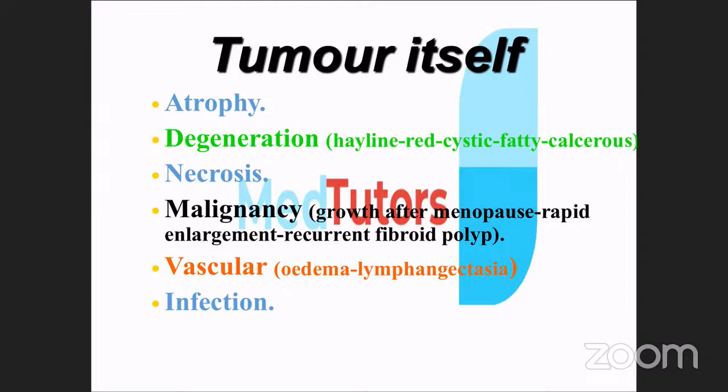particularly if there's rapid growth of the fibroid after menopause, because it is not expected that after menopause, a fibroid should grow. But if there's rapid growth of a fibroid after menopause, there should be a suspicion of malignant transformation. There may also be vascular changes. There may be edema because of the increased growth of the fibroid at the expense of the vascular supply. And because of that, there'll be blockage of the lymphatics, causing edema and eventually lymphangiectasia, which is obstruction of the